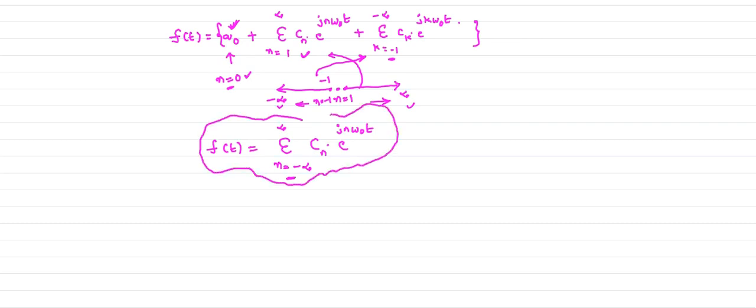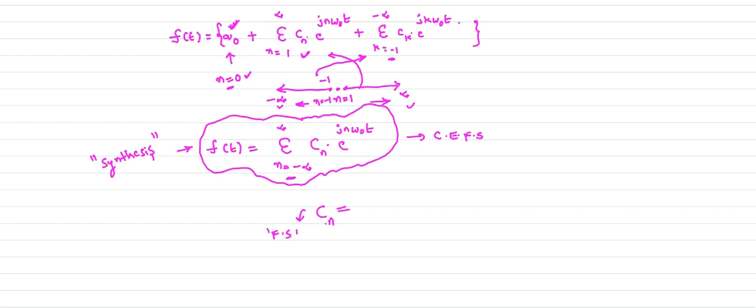So this is your final expression of the Fourier series expansion using the complex exponential Fourier series. This is your complex exponential Fourier series expansion. This equation is what we call the synthesis equation, because we are representing f of t in terms of the Fourier series coefficient. Here, what is your Fourier series coefficient? Cn is nothing but your Fourier series coefficient.